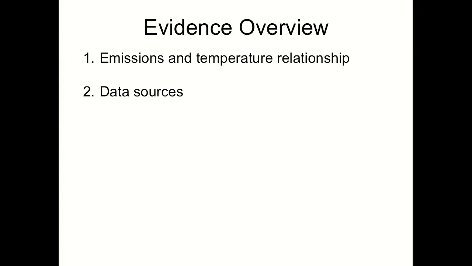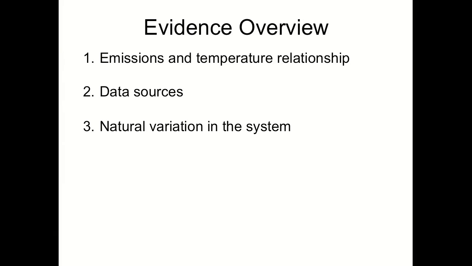We also need to look carefully at the data sources, because not all data sources are the same. They have different resolutions, different precisions, and some of them are not direct measurements of temperature or carbon dioxide. They're what we call proxies. So we have to be careful how we interpret those data, and also how much of the data there is, what locations, where in the atmosphere. We also have to remind ourselves, and we talked quite a bit about this, natural variation in the system.